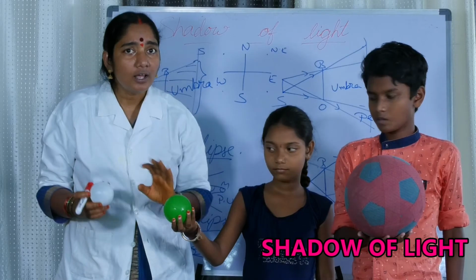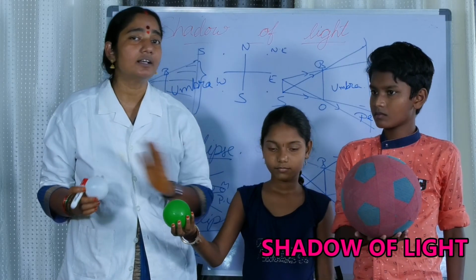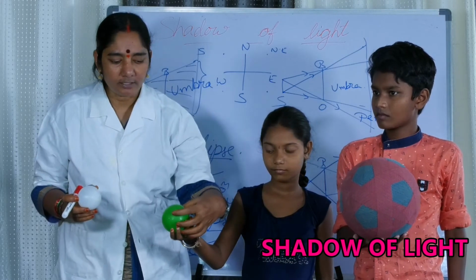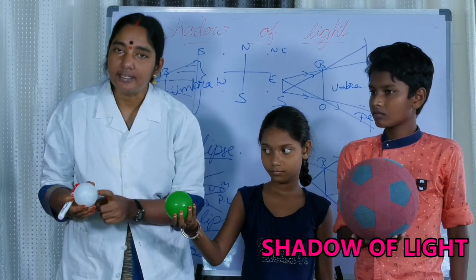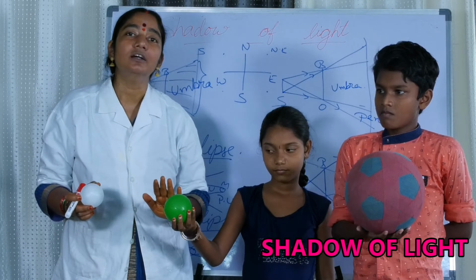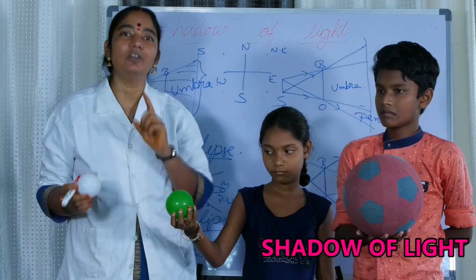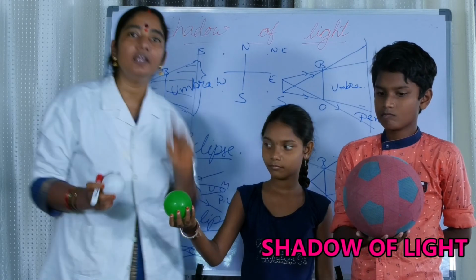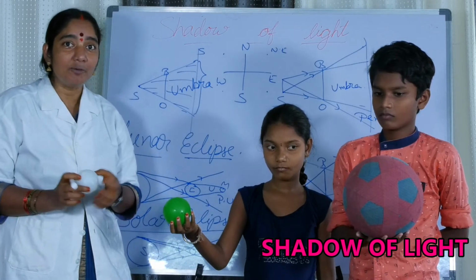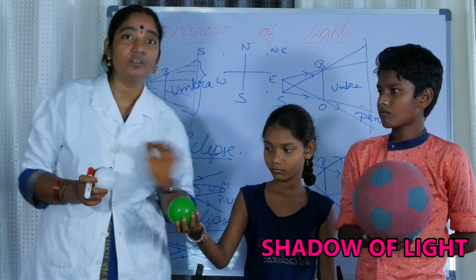So, the lunar eclipse always occurs on a full moon day. On that day, the sunlight is falling on the earth and the earth's shadow is seen on the moon. That is the only day where you can see the shadow of the earth. The rest of the time you can't see it. On that day, the bright full moon will become dark colored, because that dark color is nothing but the shadow of the earth.